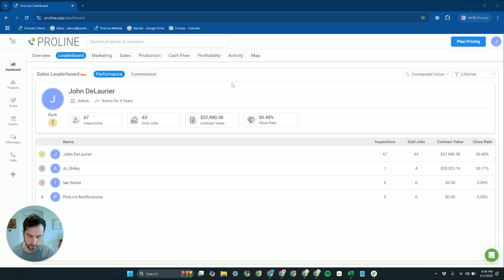Where this gets confusing, and where a lot of companies end up miscalculating close rate, is that instead of only looking at the opportunities in the current period that then became sold, they look at all sold jobs in the given period. So if you sell 10 jobs in the period, they're then dividing that by the total number of opportunities, and they're getting an arbitrarily wild number, because if you look at all jobs that were sold in a given period,